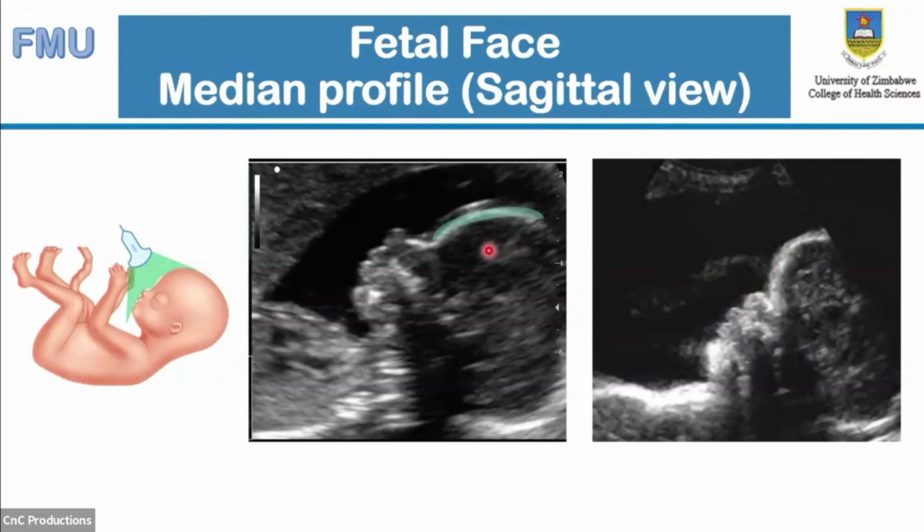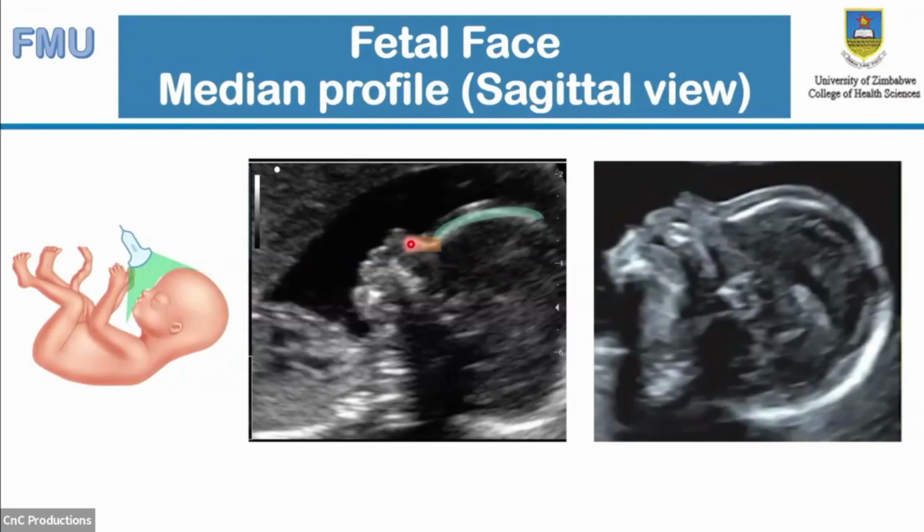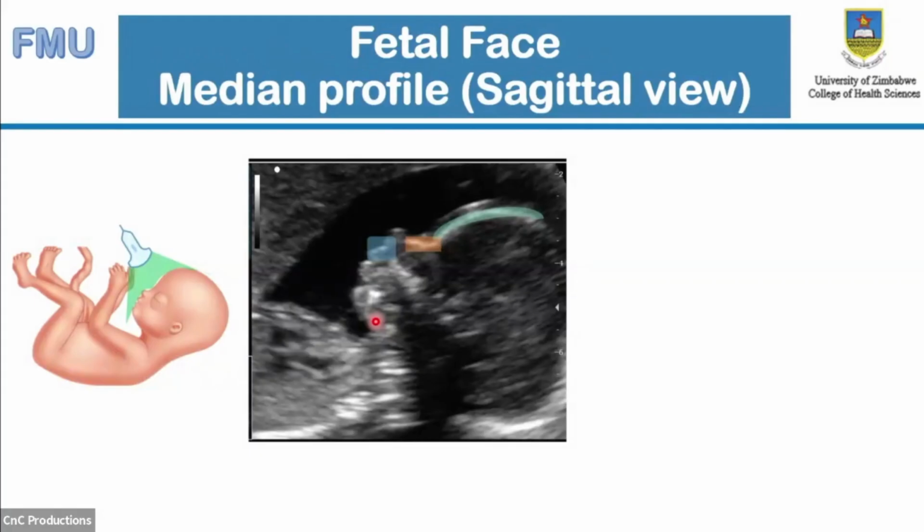Then we should also see the nasal bone. The absence of the nasal bone is a marker of trisomy 21. So in this case, you can see there is no nasal bone. Then we should also be able to see the maxilla, without any gap or defect on the maxilla, which might be an indicator of cleft lip or cleft palate. Then we should also be able to see the mandible, and the size of the mandible should be normal to rule out micrognathia, and it shouldn't be retracted backwards to rule out retrognathia, which are also associated with a lot